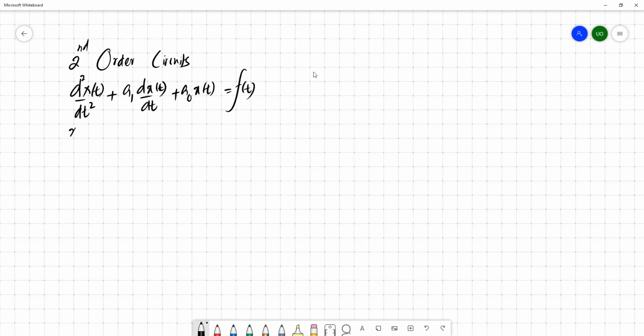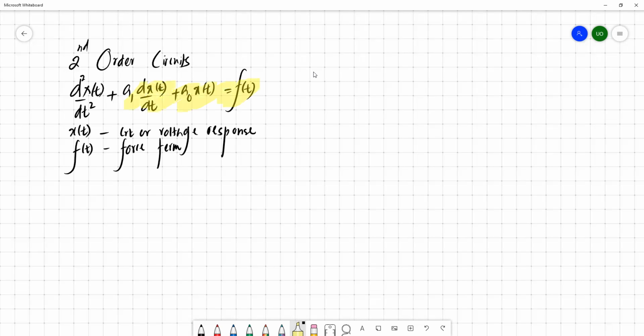So here this x(t) may be the current or voltage response, and f(t) is the force term. So this is basically a second order differential equation,